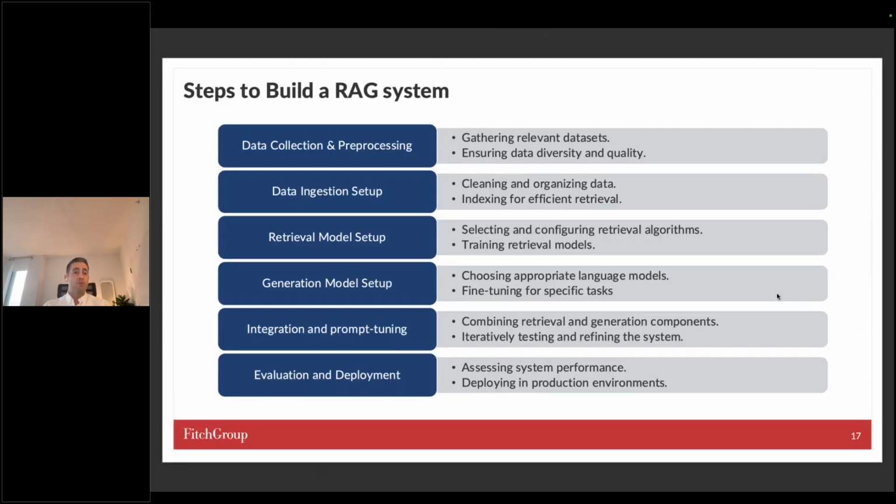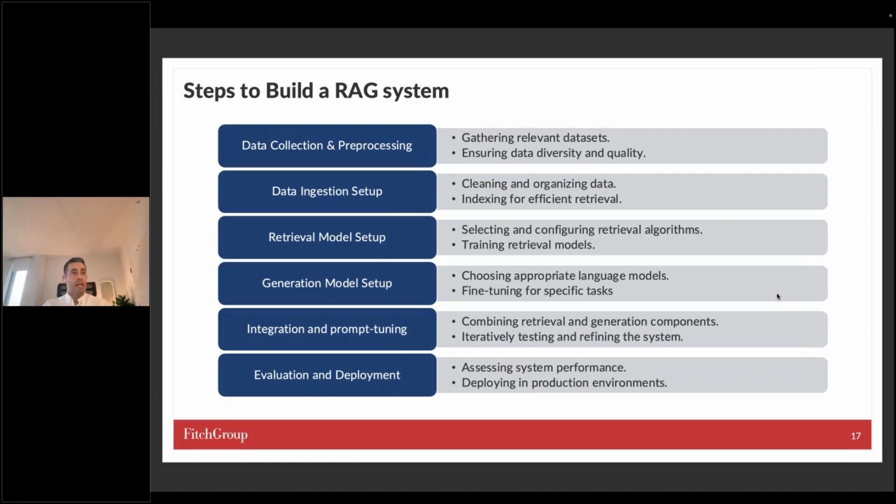There are many components, and each one of these components, in order to serve a performant and accurate system, may take quite a bit of time. First, you need to start with data collection and pre-processing. Anything in AI and data science or machine learning needs clean, good quality data. Thankfully at Fitch, because our financial analysis already depends on good, clean quality data, that might be a little bit easier than at some other companies where I've spoken to colleagues, but we still need to do a lot of data pre-processing in order to get it ready to be used in these RAG applications.